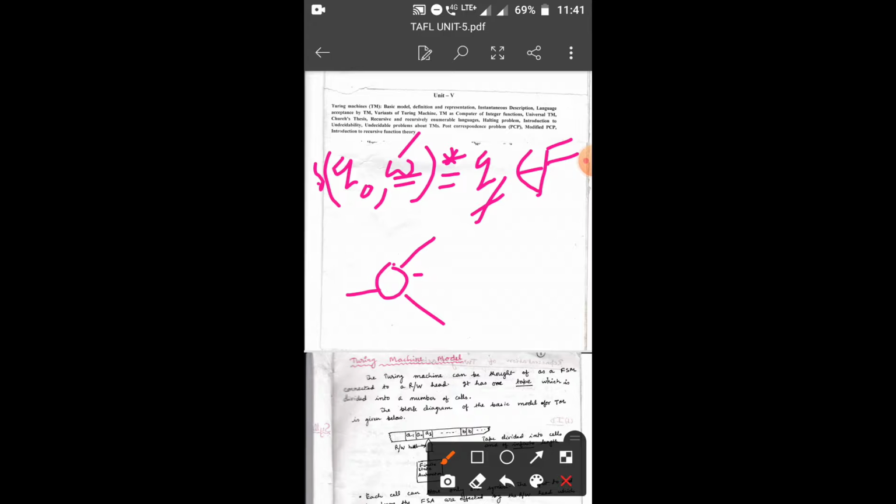Whatever the first character in this string, we have to check which edge is labeled by it.